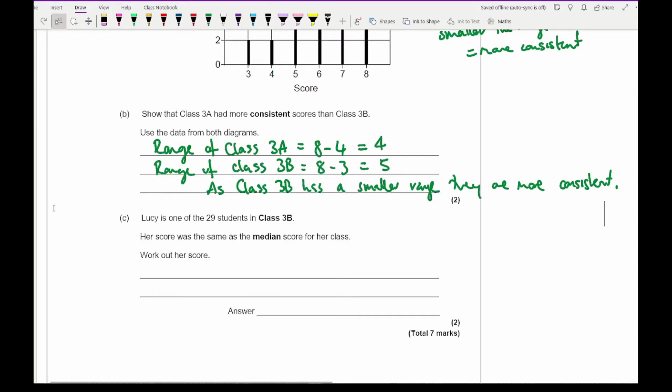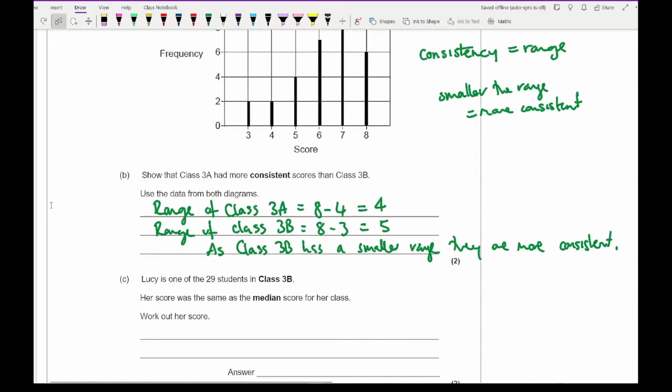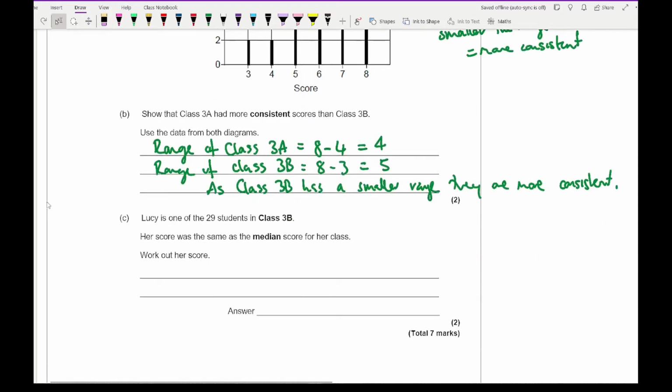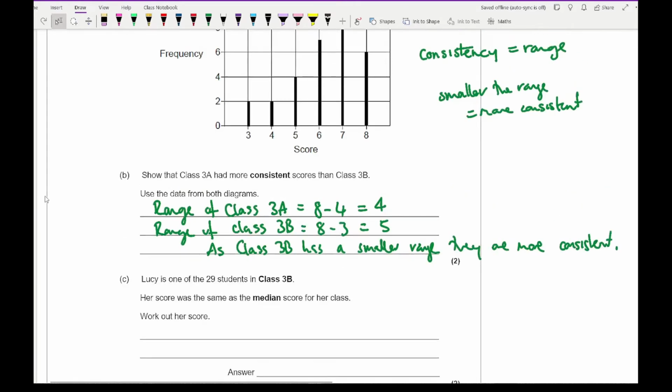Her score was the same as the median score in the class. Work out her score. Now for this, there's a couple of ways in which you can do this, but I would say that to work out the median, you need to write down all the numbers in order and then find the middle number. Now if I do just that, then we see that we've got 2 3s,